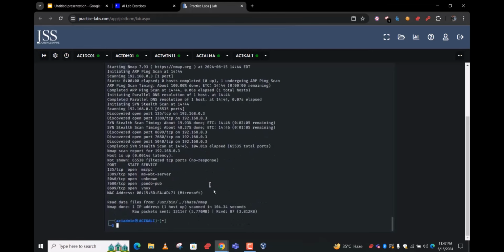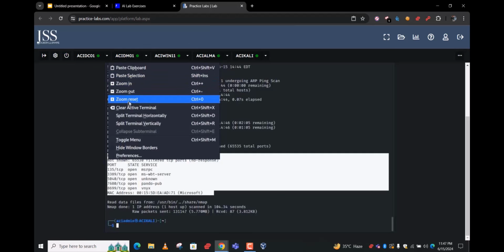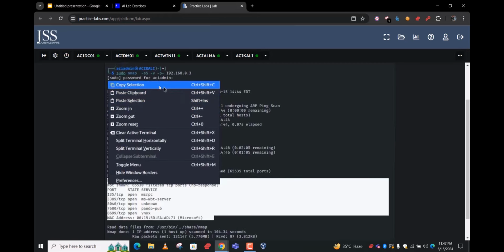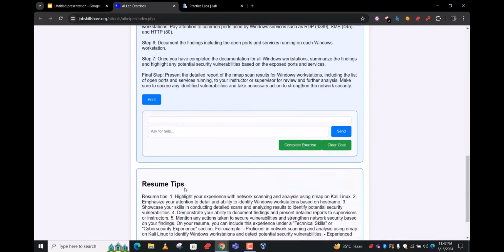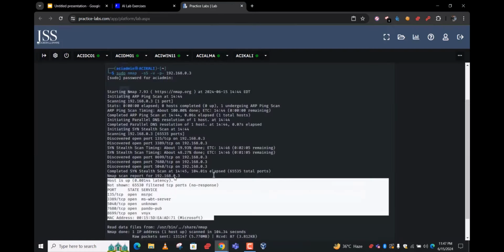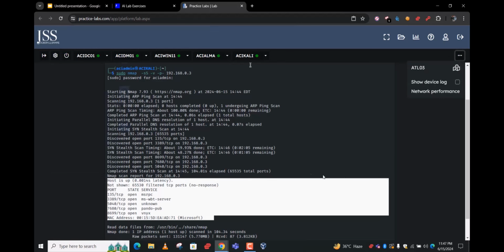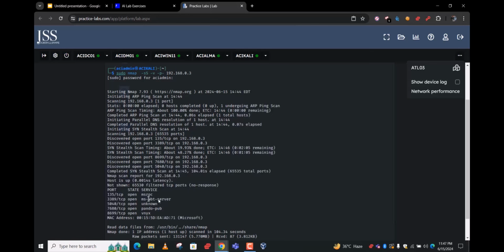Now if I want to find out more details about these open services, let's say, can I copy it? Okay, copy, and now can I paste it here? Oh, there's another thing. Oh no, not this one. I don't want this one. I need this specific to be copied. I'm not sure if we can copy it from here. Okay, we can't do a copy from here, but